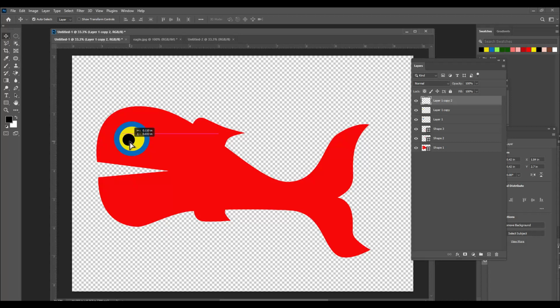So you can just keep it over here to the side. We can select both the yellow and the black circles. We can make them a little bit big,